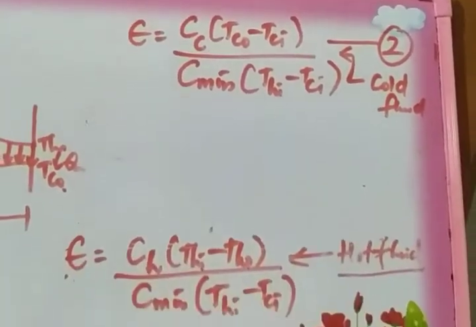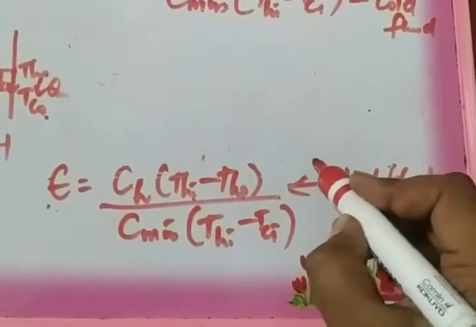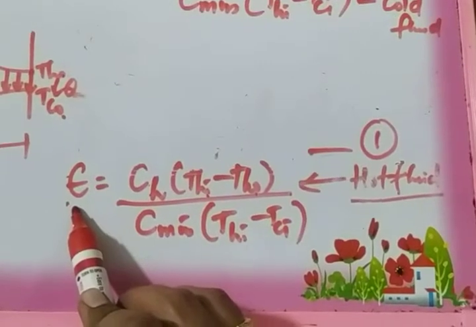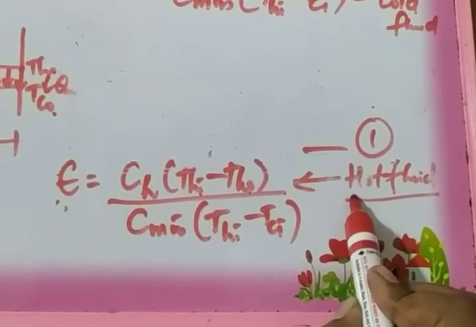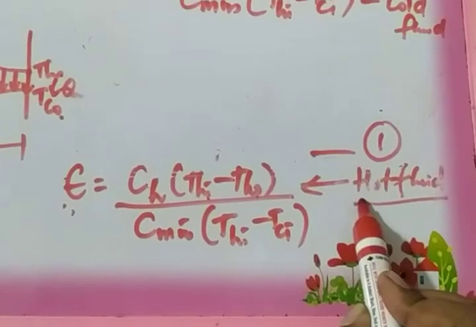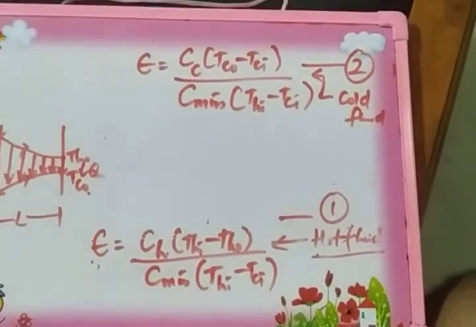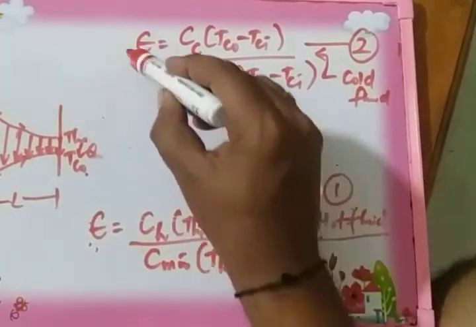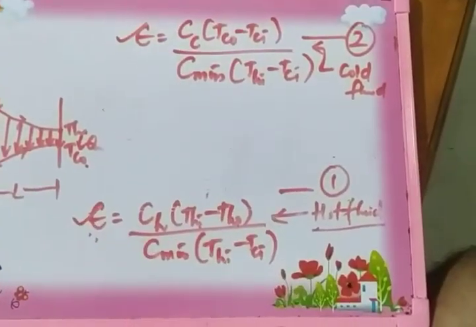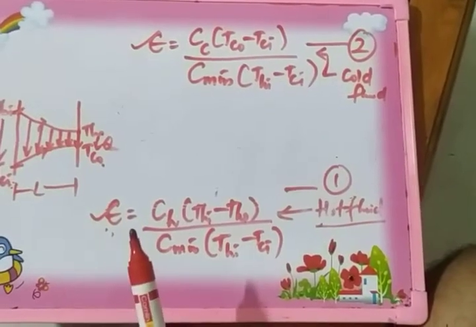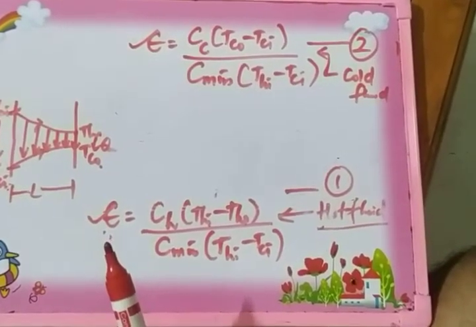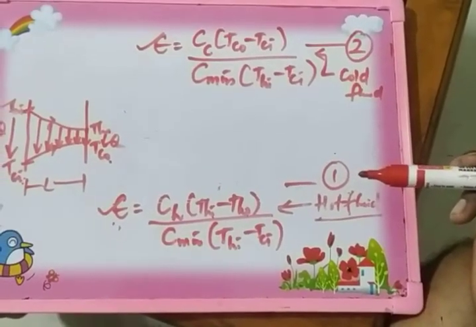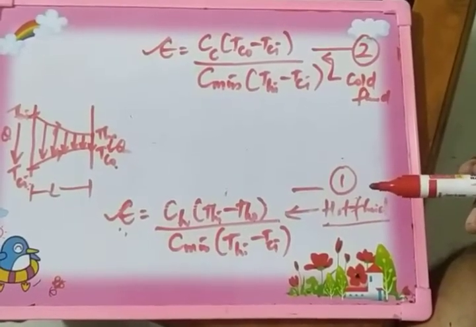And the earlier one, this one, is equation 1. So this is the expression for effectiveness considering the heat transfer rate from the hot fluid. Either of the two expressions you can use so as to find out the effectiveness of the given heat exchanger, and you will yield the same value of effectiveness. Okay, so these are the two formulae we need to remember and we can use accordingly so as to calculate effectiveness.